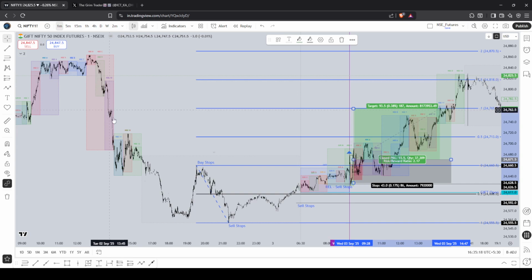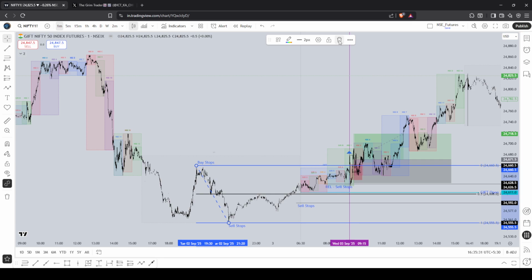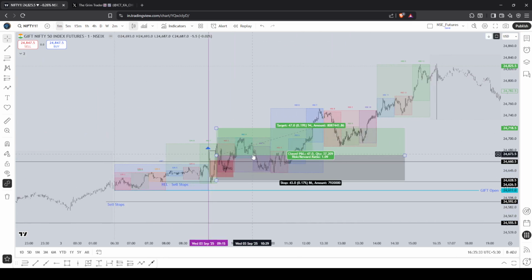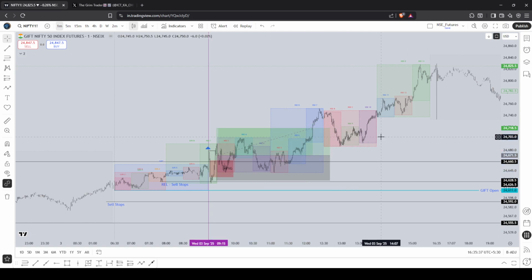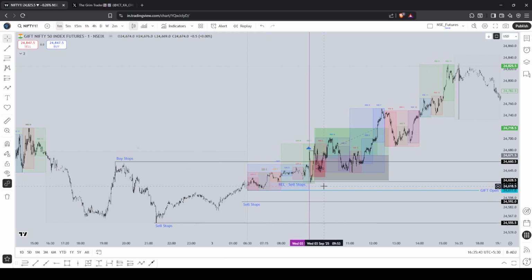Or you could use one of these old highs as a target. Let's say you target this high, which aligns slightly above this negative half extension. You get a 1-to-1 reward risk ratio. You won't always get a 5-to-1 reward risk ratio. That's something you need to keep in mind. Even a 1-to-1 reward risk ratio with a 60% win rate is very, very profitable. You won't always get a 100% win rate. In fact, you'll never get a 100% win rate. If you get a 50% and above win rate, consider yourself to be profitable.